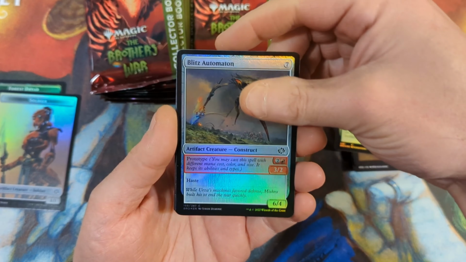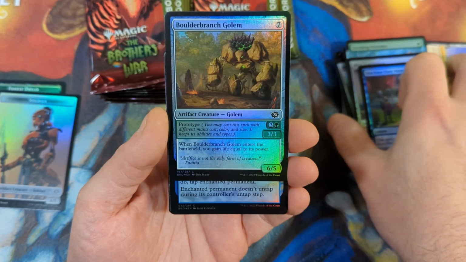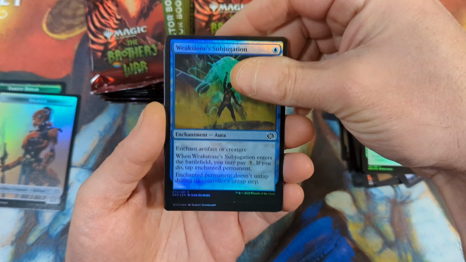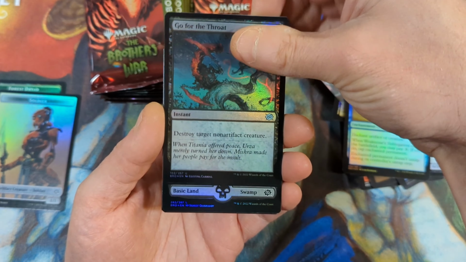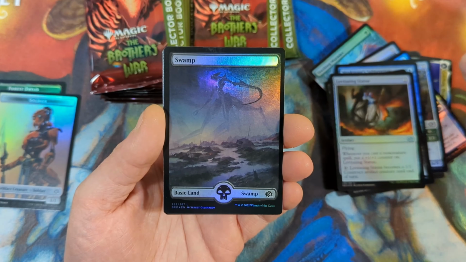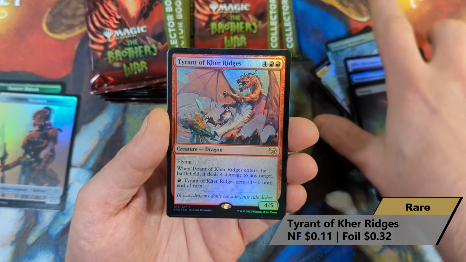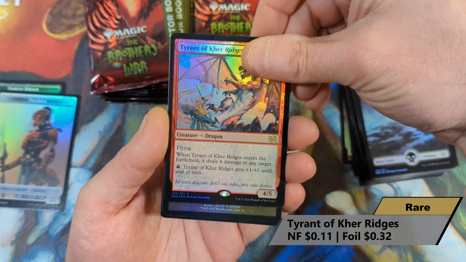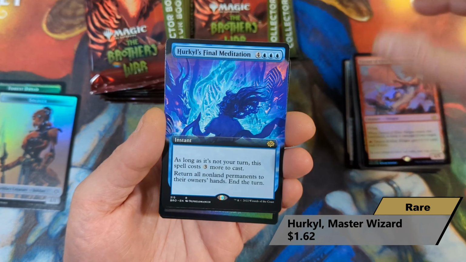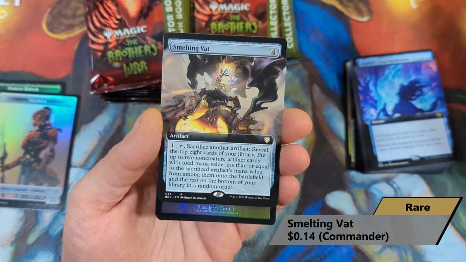All right, we got a Blitz Automaton, followed by Machine Over Matter, Boulder Branch Golem coming in here, with a Weakstone's Subjugation, Go for the Throat, a Levitating Statue, and then we're going to see ourselves a Swamp, with a Tyrant of Kher Ridges coming in as our rare from the main set, with a Hercule, Final Meditation in extended art, with a Smelting Vat coming in from Commander,